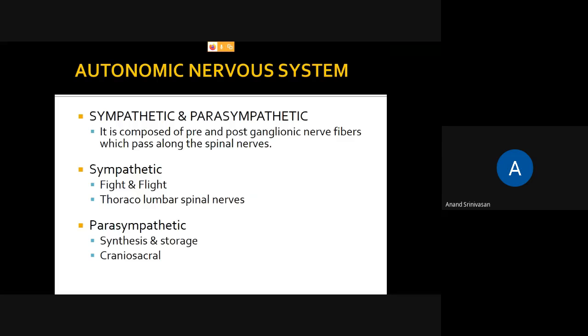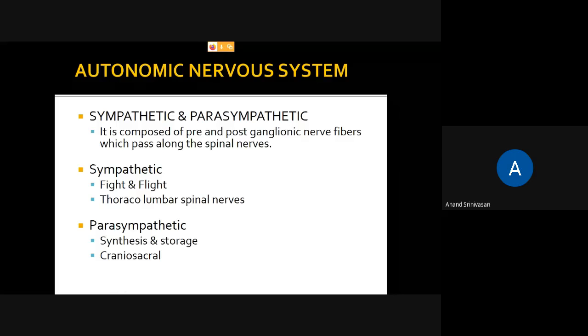Okay, so immediately our sympathetic responses will pump, and then we respond. So the sympathetic nervous system is flight, fight, and fear. These nerves mostly arise from the thoracolumbar spinal nerves. You know that there are thoracic spinal nerves, lumbar spinal nerves, sacral spinal nerves, coccygeal spinal nerves, and cervical spinal nerves. Mainly the sympathetic nervous system passes through the thoracolumbar